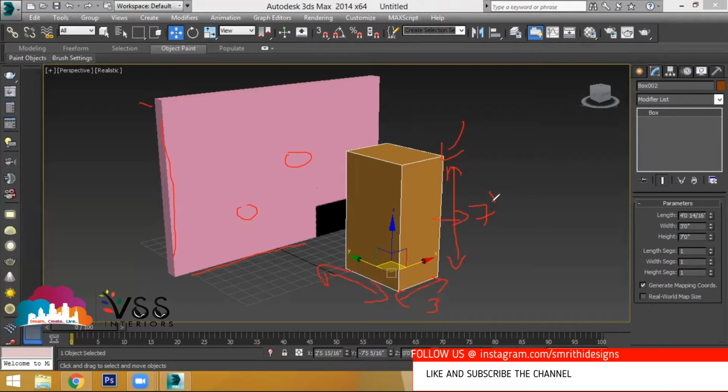What is the width here? 4. Width should be more than your wall thickness. You can take your own wish, any dimension, but it should be more than your wall thickness. What is the wall thickness which you have given? 9 inches, right? Yes, more than 9 inches, maybe more than 1 feet, or maybe 2 feet or 3 feet. Roughly, I've taken some thickness. It is not mandatory you should have this much only, because anyhow the box will get deleted.